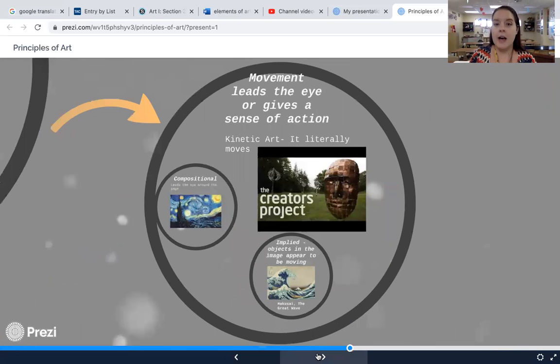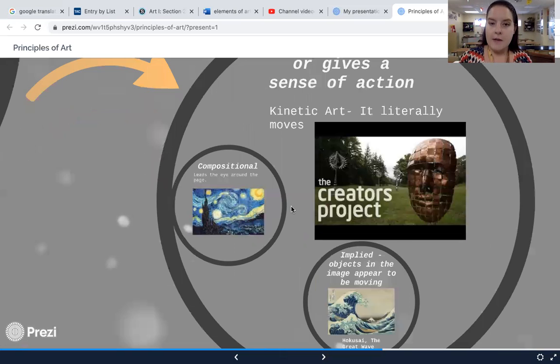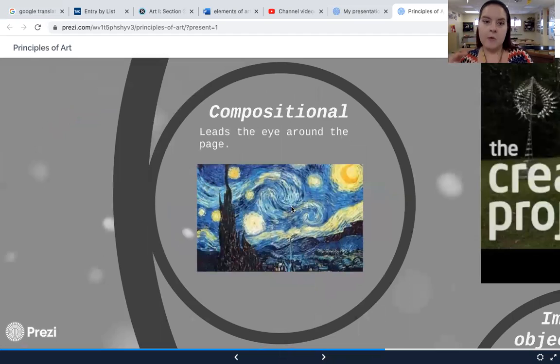Movement leads the eye or gives a sense of action. So there's kinetic art or kinetic movement. It literally moves. So there's a video, we're not going to watch it today, of kinetic artwork, like artwork that literally moves. Like all these sculptures, when the wind blows on them, they move. So then we have a type of movement, which is compositional movement. It leads the eye around the page. So if you were to follow the swirlies